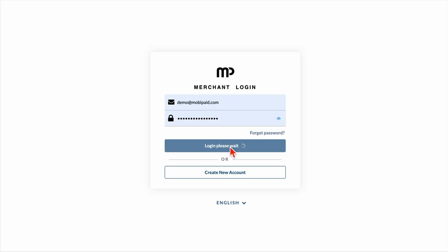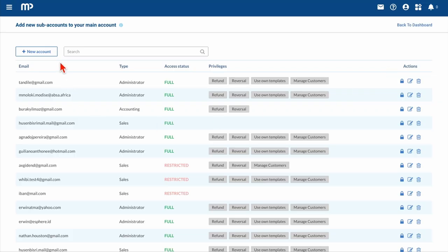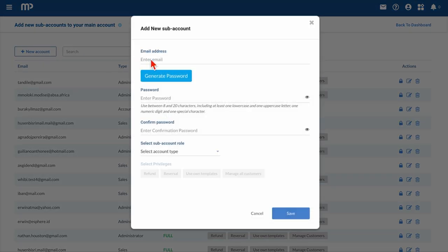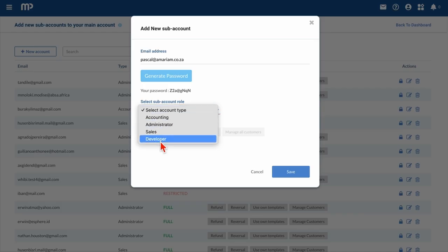Log into your MobiPaid merchant portal. From the dashboard, click on your profile icon and then select Add New Users. Click on Plus New Account. Enter your new user's email address, then either enter a password or click Generate Password to let MobiPaid generate one for you. Lastly, you need to select the account type by selecting from the 4 options available in the drop-down